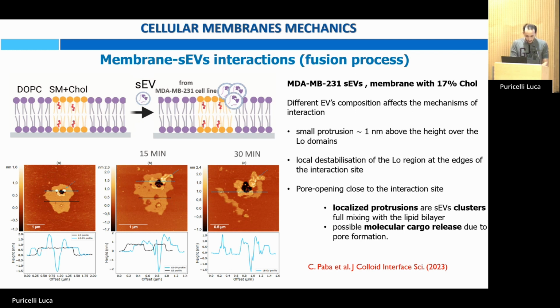For example, vesicles coming from tumoral cell lines like MDA-MB-231 cell lines fuse directly with these small raft islands, and progressively destabilize the islands, and also induce the formation of pores, these black areas that you see in the image, which are possible, let's say, paths for the release of the molecular cargo of the vesicles, whereas